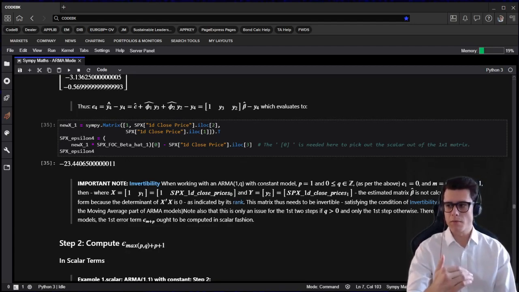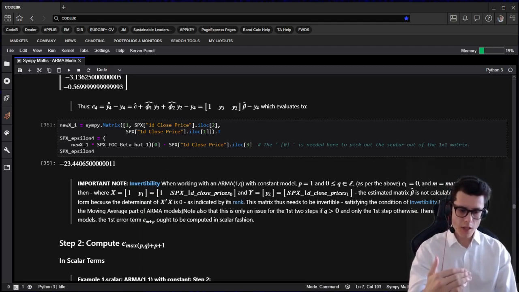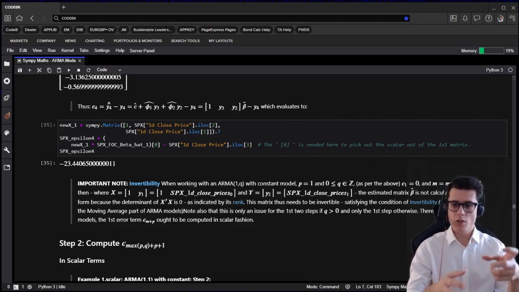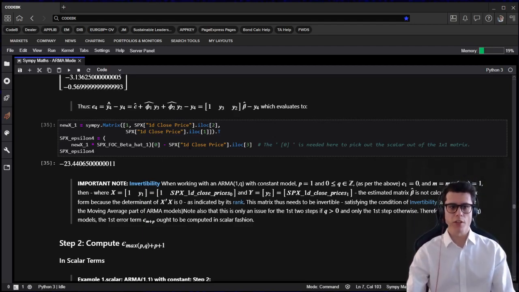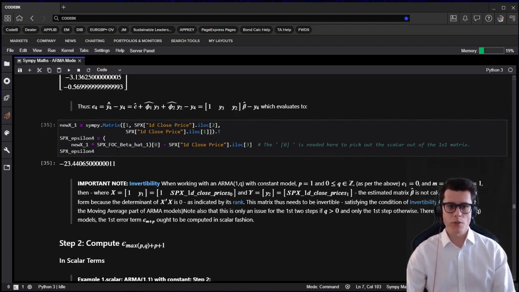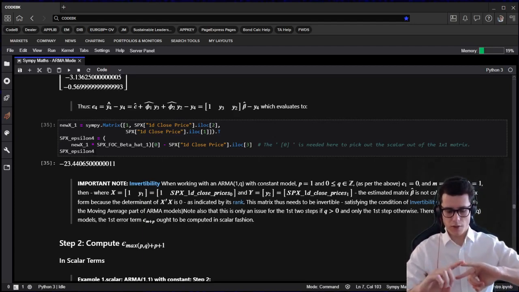Now that I have my new model, I can compare that modeled prediction with the observed variable, the observed price. And the difference between the two is going to be my first, or my new, error term. And now I can use that error term in the next ARMA iteration model that I'm doing. So this is going to be epsilon 4, the fourth, because remember, it's ARMA 2,2, so the first two values we're losing. We've predicted the third,